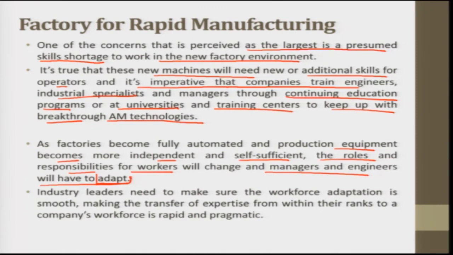The industry leaders need to make sure that the workforce adaptation is smooth, making the transfer of expertise from within their ranks to a company's workforce rapid and pragmatic. Because we are talking about rapid product development, we cannot have any leverage in the skills as well. We cannot allow any weak points here. So this is all supply chain management that we are talking about, where human resource is also one of the